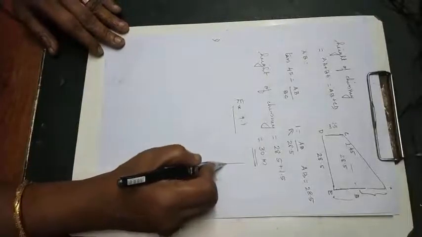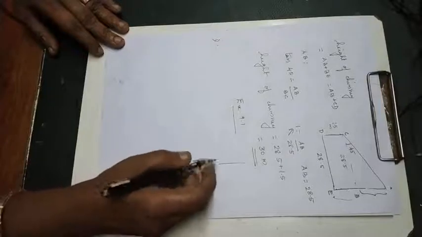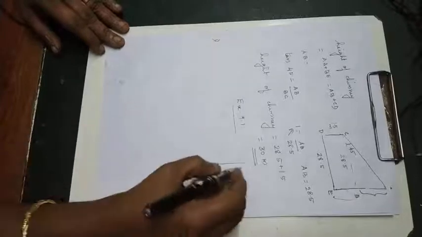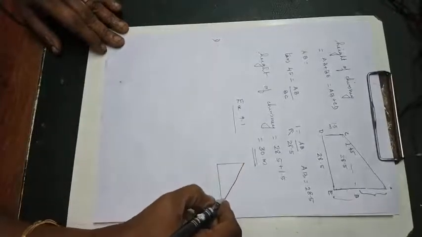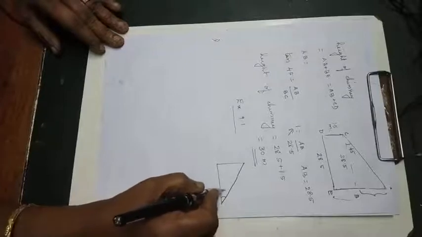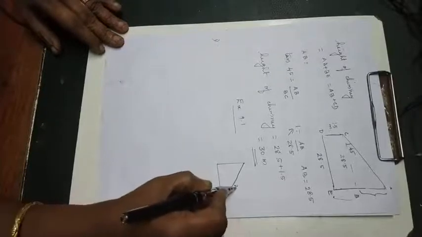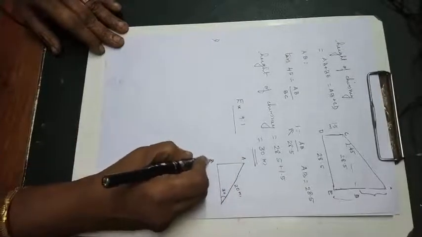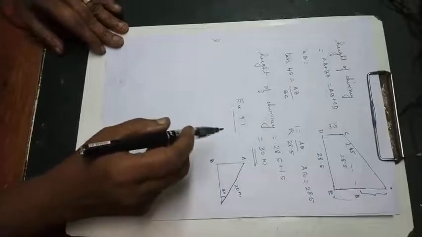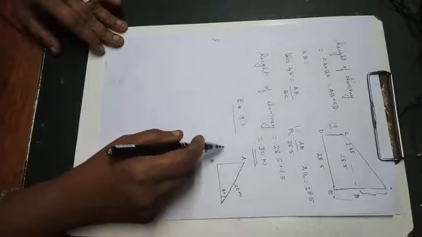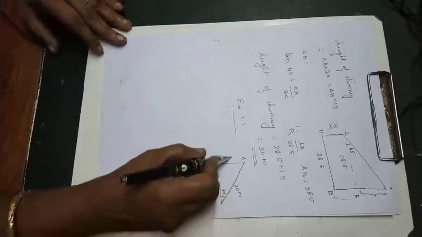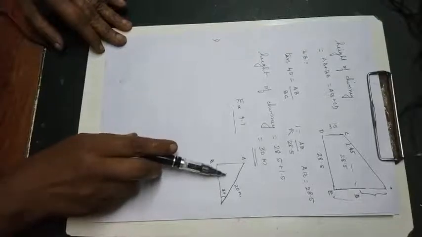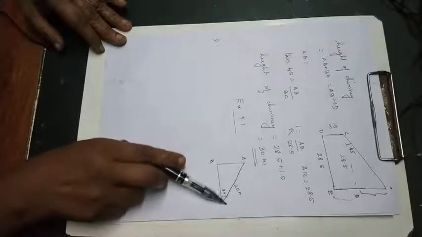So, one pole is there. This angle is 30 degrees, and this one is the rope, 20 meters. So AB. Now, the height of the pole, find out this one. This is the height of the top. Now connecting this side, that is the opposite side of the angle, and this one is the hypotenuse.